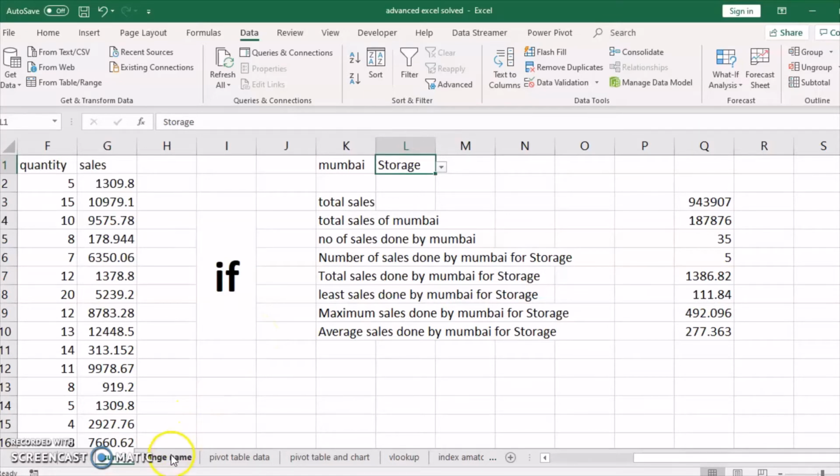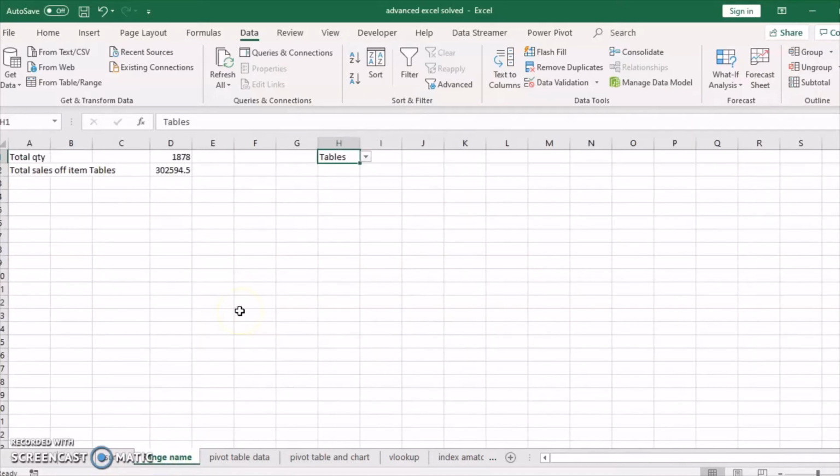The next thing that we would be teaching is, supposing you have the total sales on some other sheet, like we have in the previous sheet, and you want to do calculations. Every time you need to go back to that sheet and take the data from that sheet, or you need to remember the cell addresses so that you can make use of them. Here we are going to teach you how to do it without the cell addresses. If I change here to chess, it is going to change.